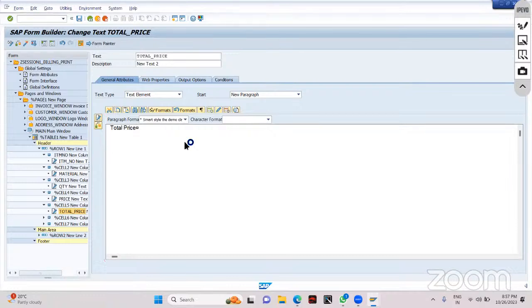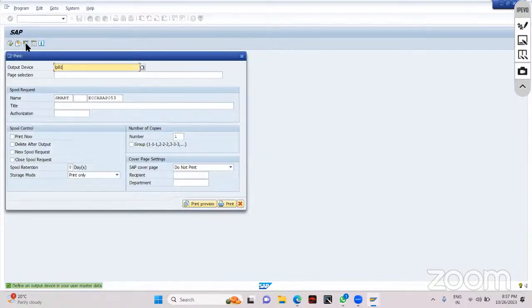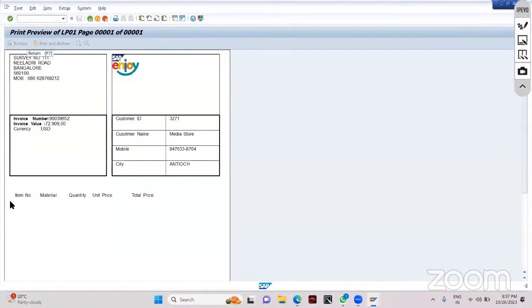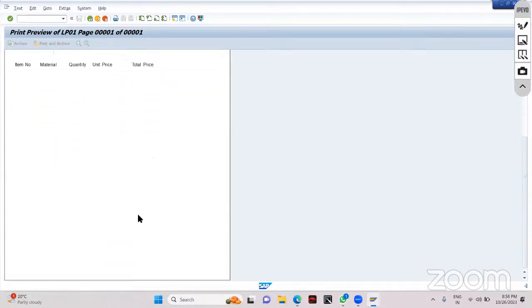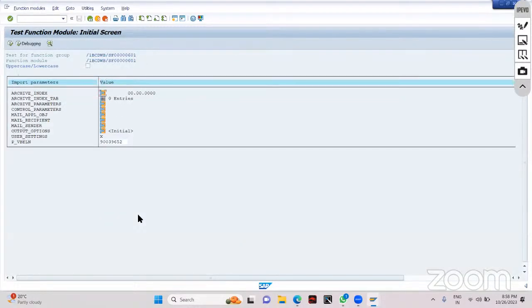So let's see how it's gonna look like when you are going to activate it. Okay. Let's see how it's gonna look like. Activate it, execute, execute, give the value LP01 and execute. See here, it is coming in this way. It is not coming in the box kind of thing, right? It is not coming in the box which we have given. So how to do this? Go back again,